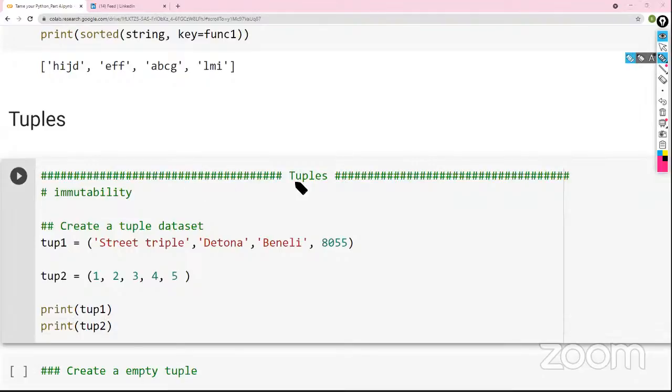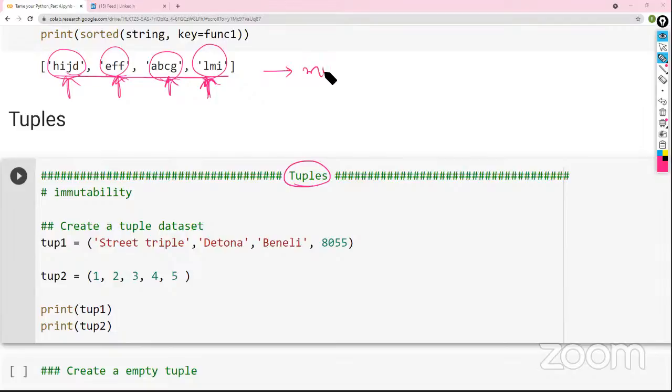Okay, tuples. In a list, when you have a list of items or list of elements, you can always change those. You can replace those. If elements are defined in a list, and if you're given an option to also change those at a later point of time, then that's called mutability. Mutability means the